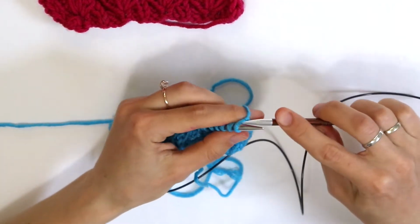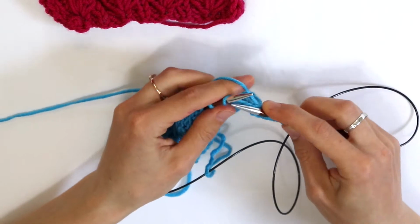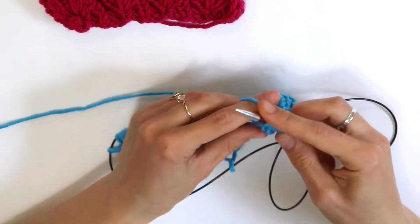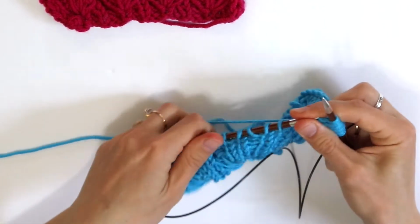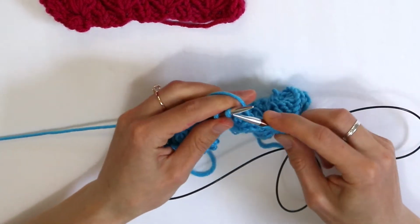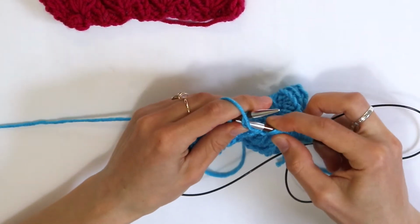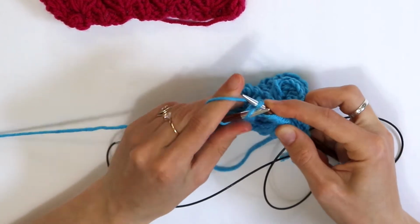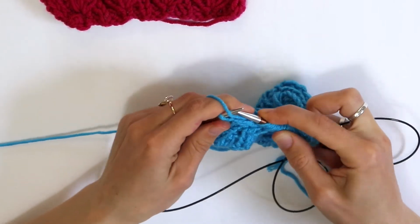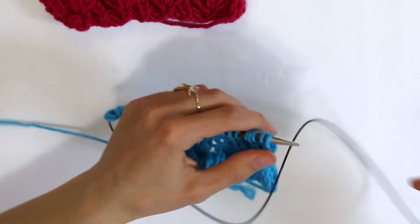Here we are going to work to knit 2, purl 1, knit 2, purl 1, knit 2, purl 1, knit 2, purl 1, knit 2, purl 1, knit 2. So this is the first part. The second part will be